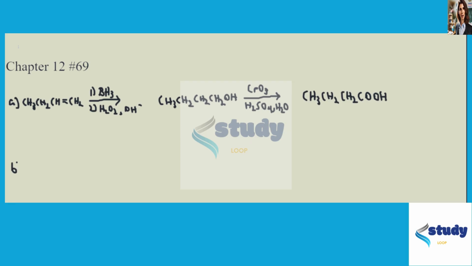So then for B, we're going to do something somewhat similar. We're starting from the primary alcohol here, but in this case, we actually want the ketone. So we want to go from this primary alcohol to a secondary alcohol on the next carbon over, and then we'll oxidize that. And rather than having a carboxylic acid, we'll have a ketone. So let me draw the starting material: CH3, CH2, CH2,